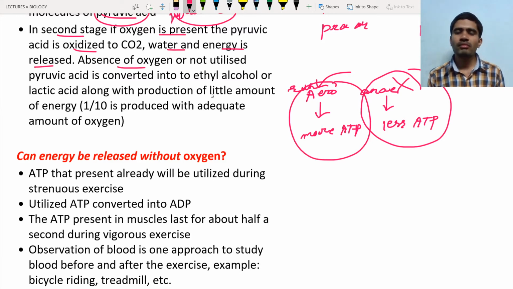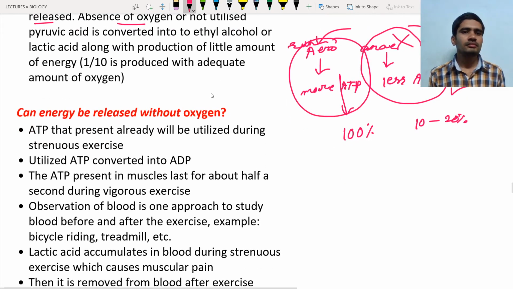Okay, so while comparing, let us consider that 100% of the energy is produced in aerobic respiration, but in anaerobic respiration, around 10 to 20% of the ATP or energy is produced from the sugars. It means we can consider that a very small amount of energy is produced in anaerobic respiration. So next is